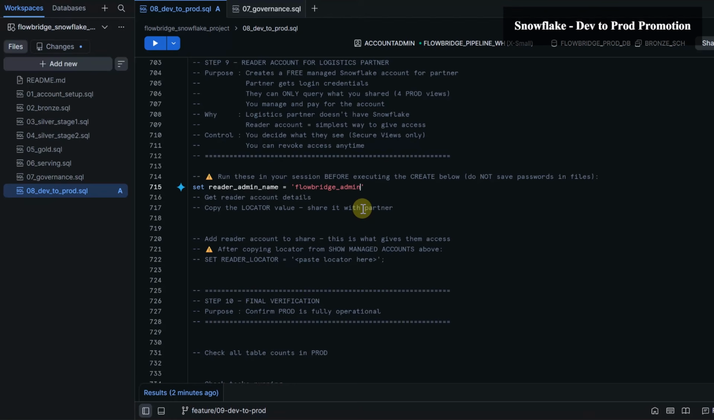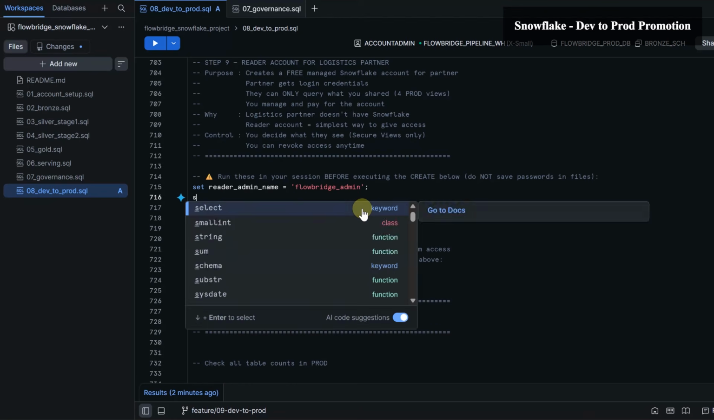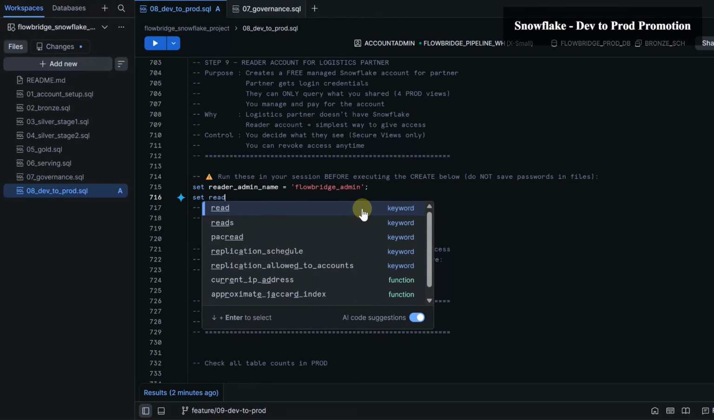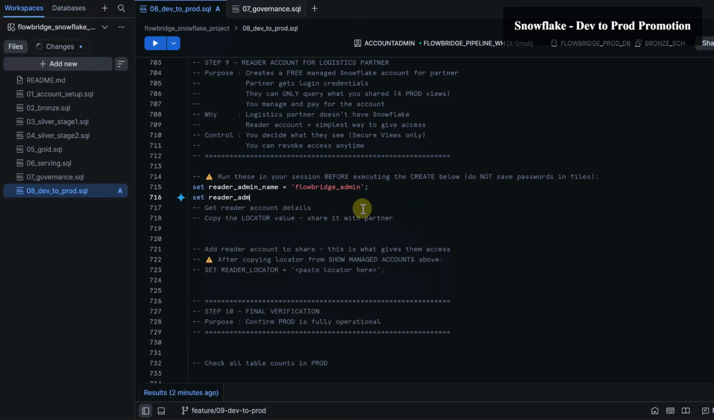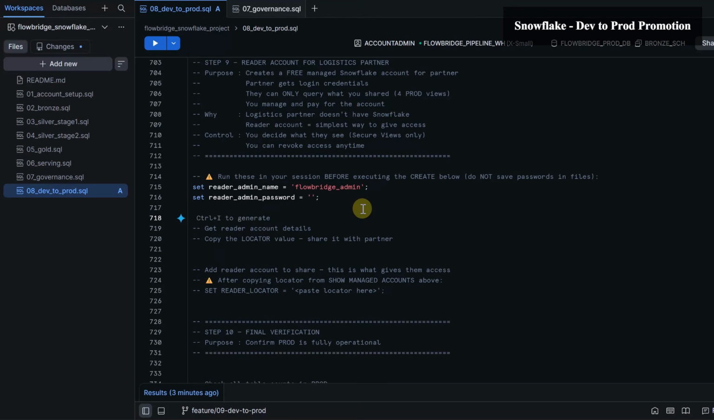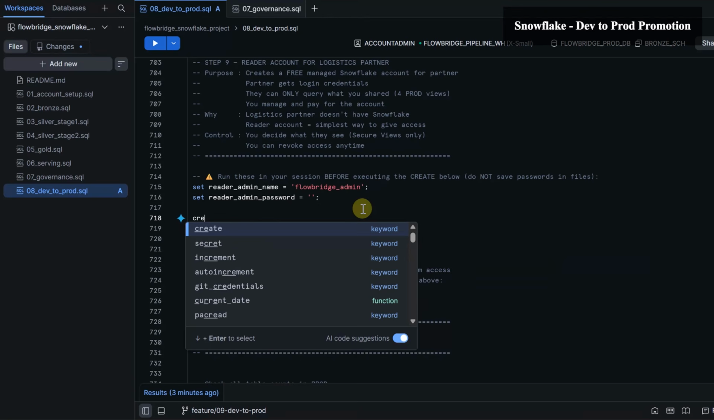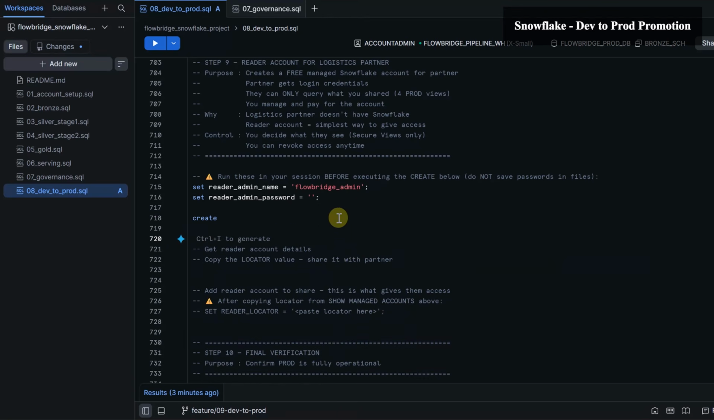I'll say Flowbridge admin and then set reader admin password. Set your admin password in this inverted comma. Then we are going to say create managed account, if not exist,